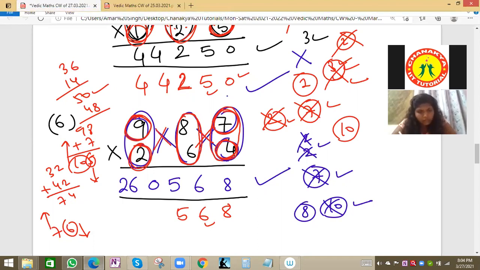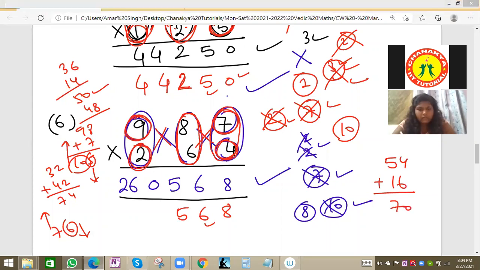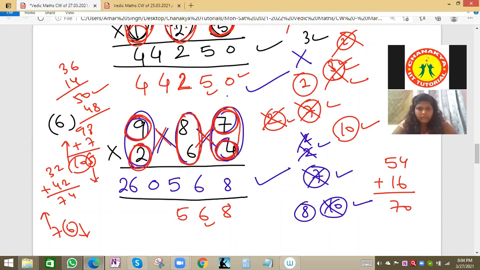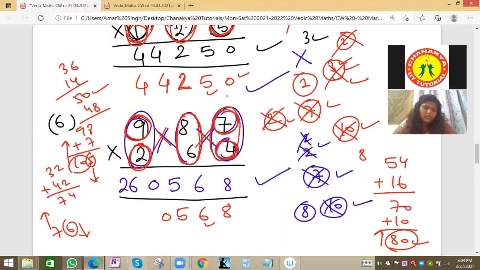Now we'll do small crossing. Small crossing is this value, 9 6 are 54 and 8 2 are 16. 54 plus 16 is 70. Simple addition, 70. Carry is also there, 10. 70 plus 10, always at the end we have to add carry, 80. Last digit, one's place, will come down, 0. This 8 will go up. So 8 is now carry, not 10. Now we have carry 8.